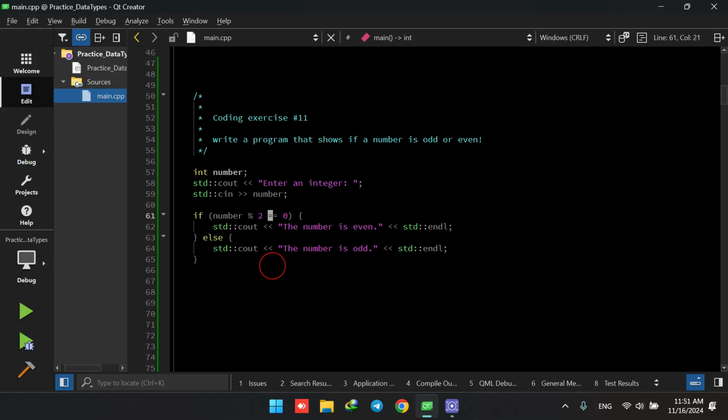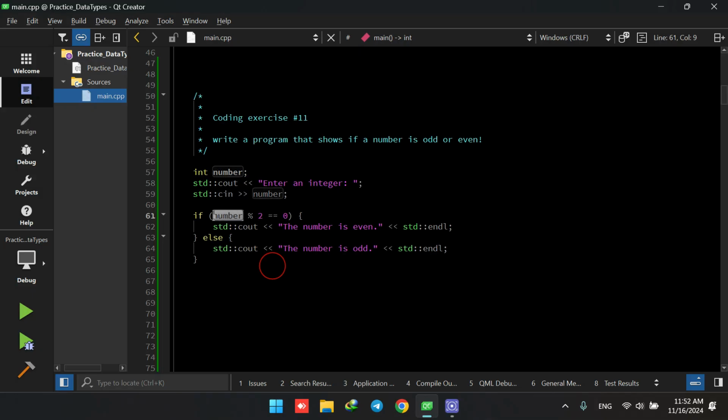Previously, if you remember, we defined int a equals 2. At that time we were using only one equals sign, meaning that the number 2 is assigned to integer a. However, here we are not saying that we want to assign 0 to something. We're just making sure if the